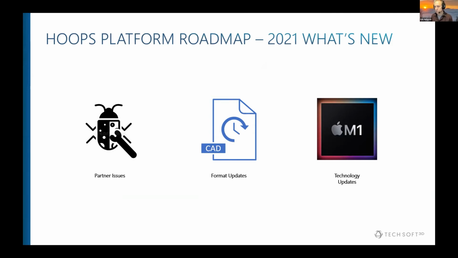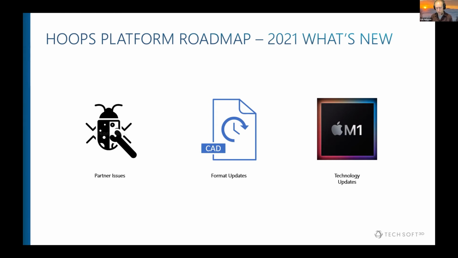We actually have a couple slides of what we did, and you're going to see that throughout the individual product breakouts too, just so that everything isn't splattered on one slide. So there's three things that we focus on the most across the platforms and on the individual products each year for our partners. And the number one priority is partner issues, right? This is the most important stuff for our partners.